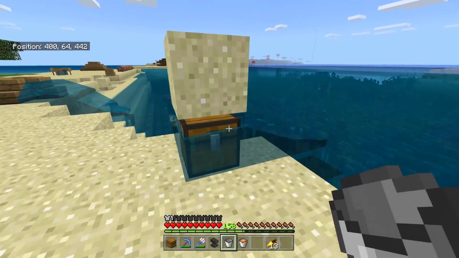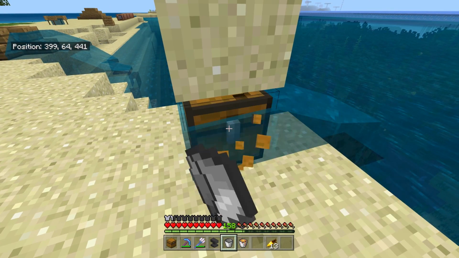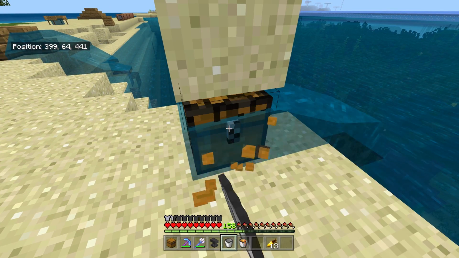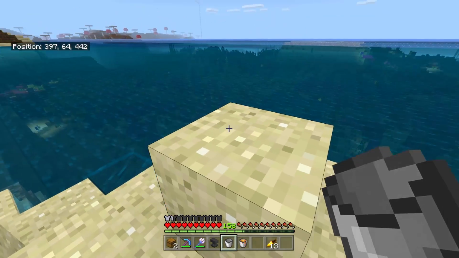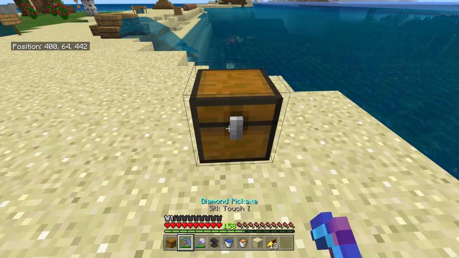which means there's a very, very tiny amount. And just as a useful little thing here, in case you're curious as to why there's sand on top: if you break a block which has water below it, the sand will still replace the block because it falls and replaces it, and it's just a useful thing to know. But yeah, let's go do the exact same thing, just without the sand on top,